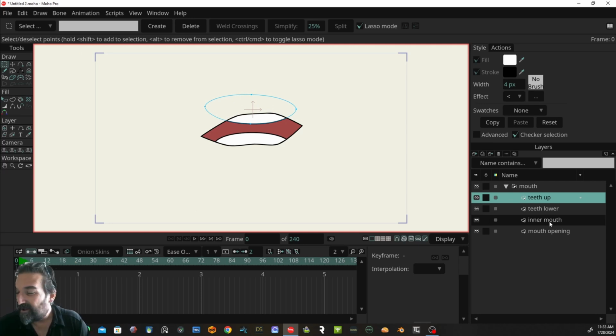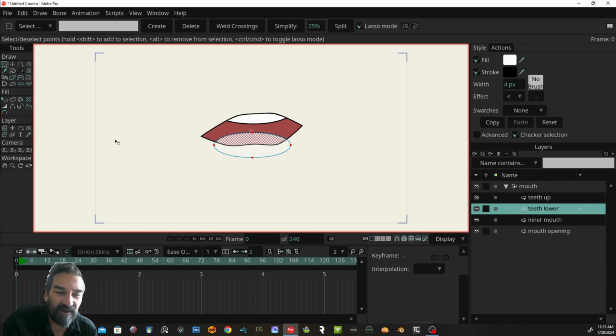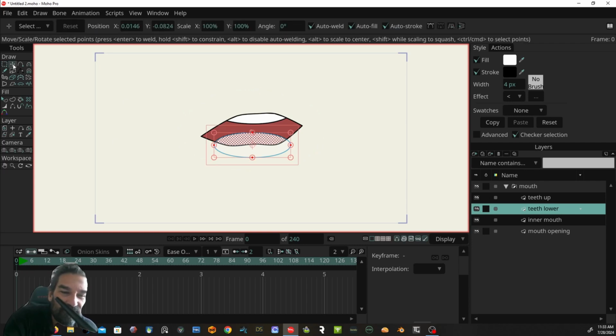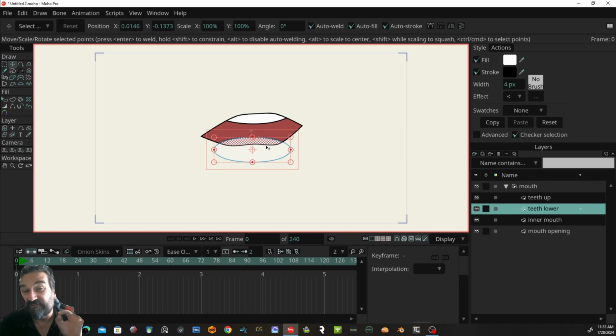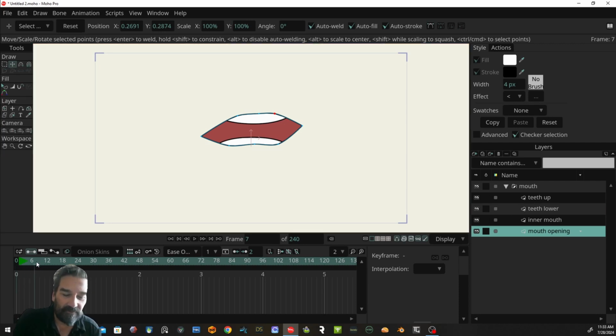And then the inner mouth, you can see, is just this big circle that we made, and it's masked off by that mouth opening. So when you open your mouth, you just move your teeth out of the way, and yes, you can use the points or the layer, whichever works better in the situation, and you just change that as needed. Of course, you can animate that over time, not using any kind of control bones,